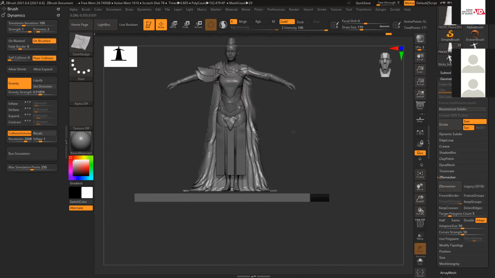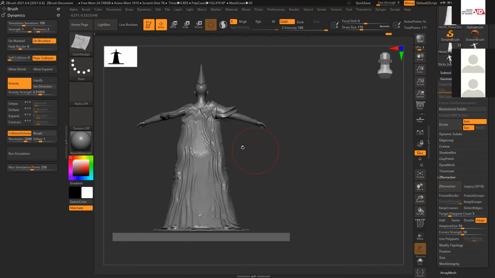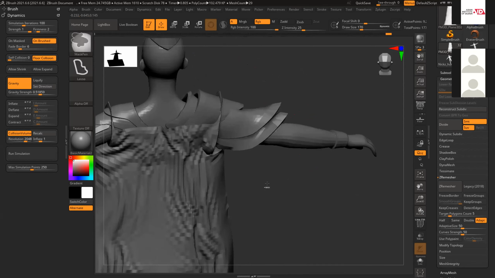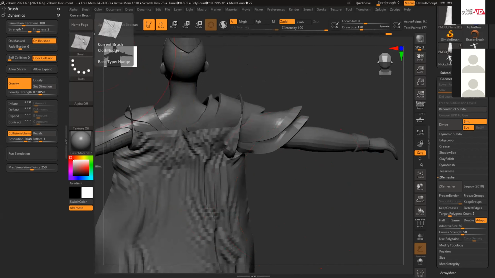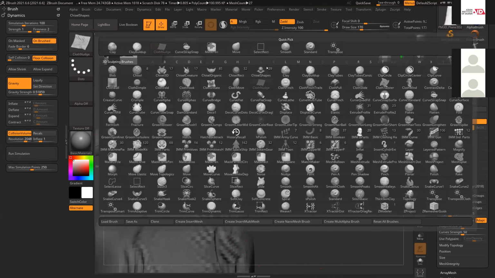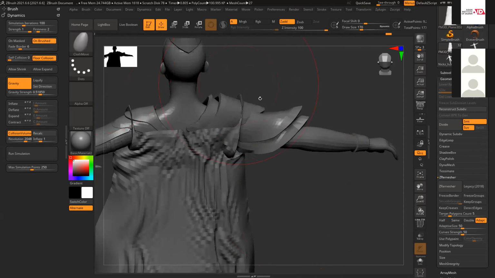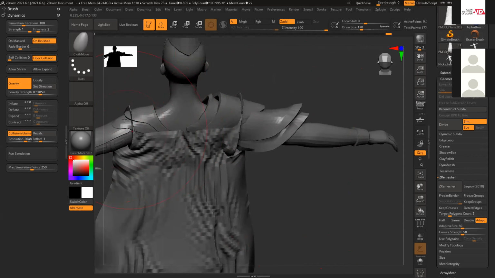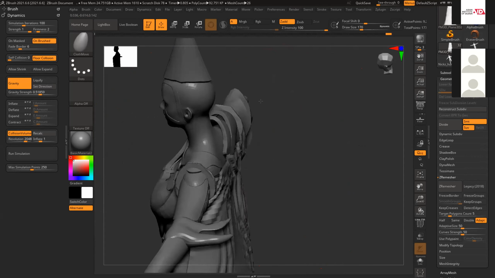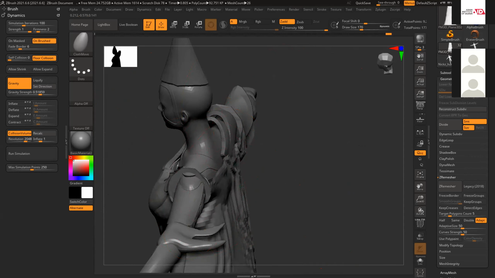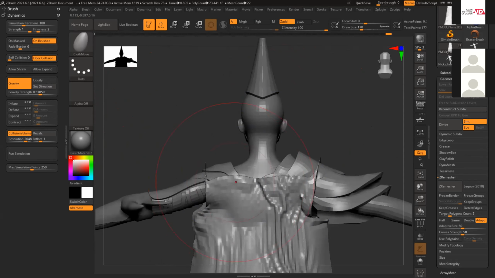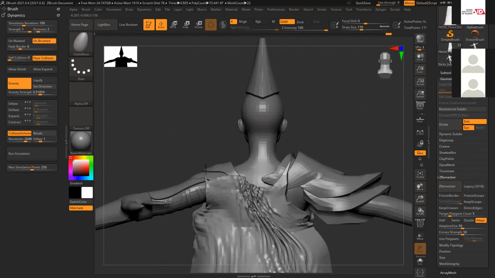You can create this thing very easily, and then after simulating, if you want to modify something, you can always switch off, go back to normal brushes and move things. You can do that. And cloth move, so I want to move it. So you can see it's creating this shape because it was inside, that's what's creating this shape.